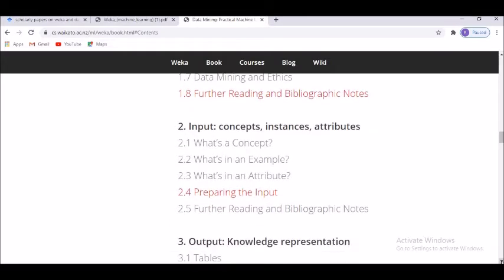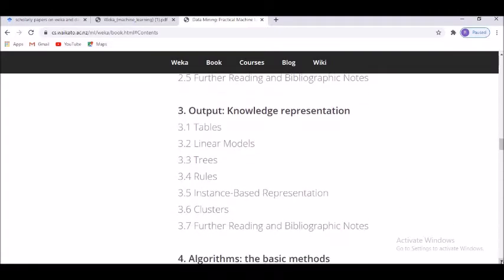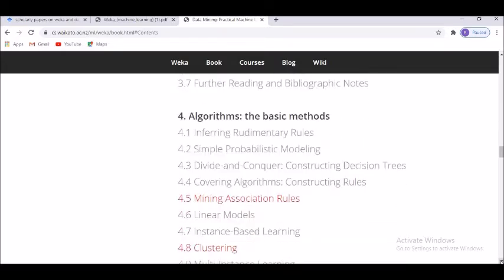If you know a little bit of computer programming languages, these things turn out to be very easy, and they're not at all very difficult. Output, let's say the one that we are focusing on, especially the knowledge representation: tables, linear models, trees, rules, instance-based representation, clusters, and further reading. Anyway, we can see a lot of things are available.